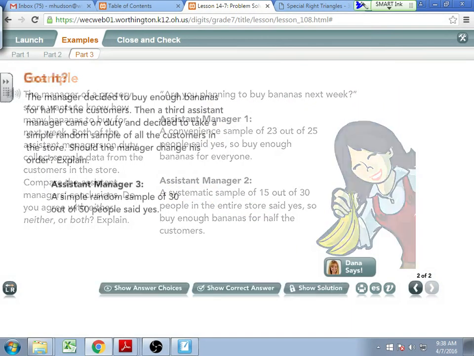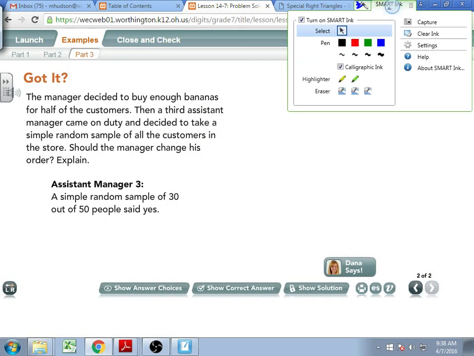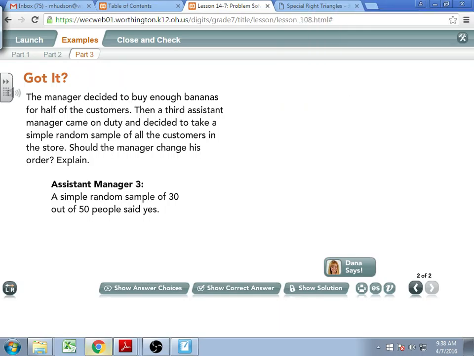So, assistant manager 3 uses their simple random sample, and they find that 30 of 50 people said yes. So, we see simple random of all the customers in the store. We found 30 out of 50. So, the big question is if you're the person placing the order,